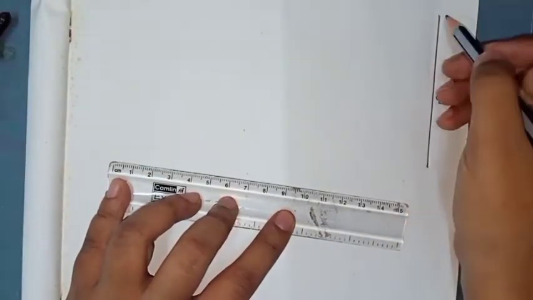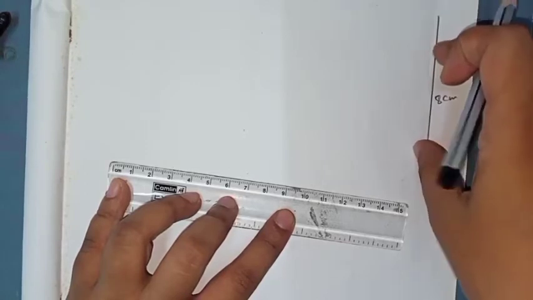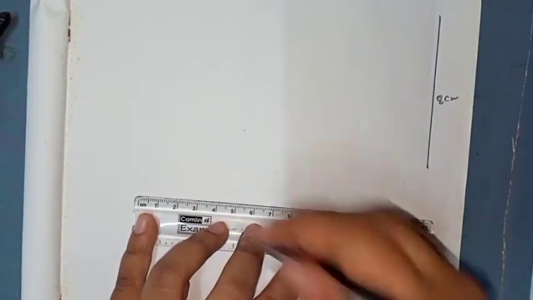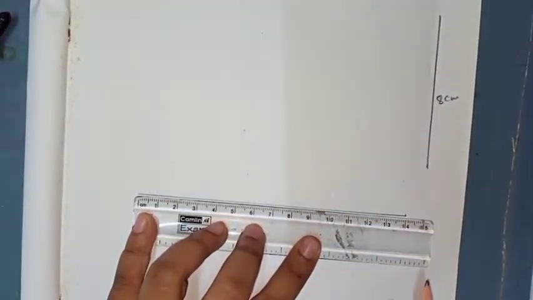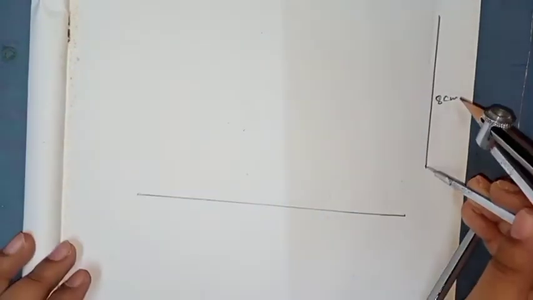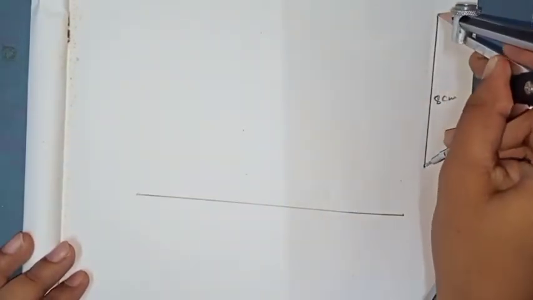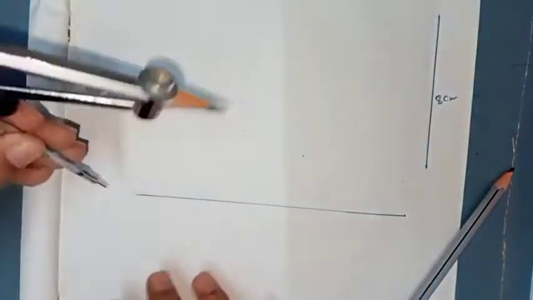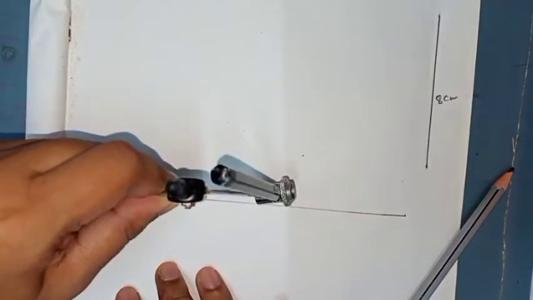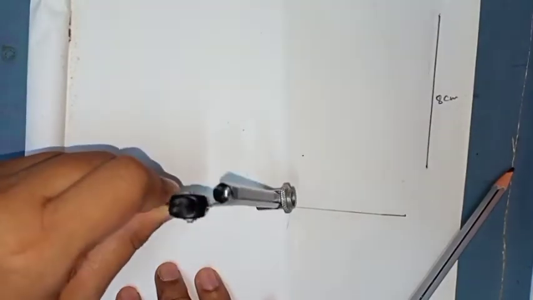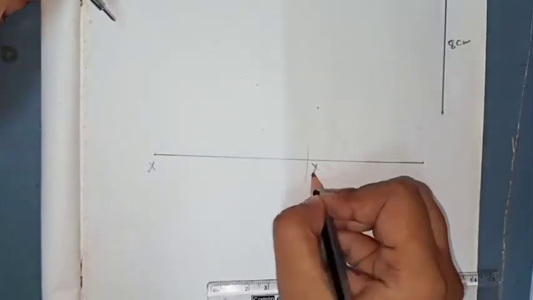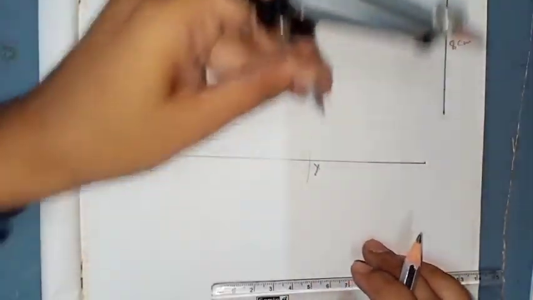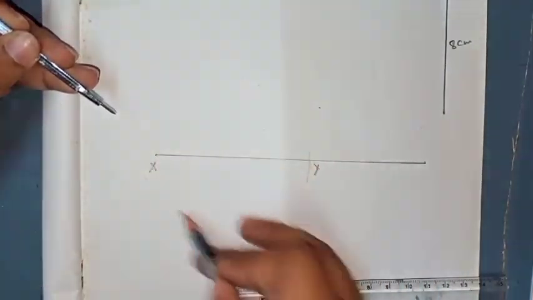Now class 9, first I am taking 8 cm measurement. Now you will draw one straight line. Okay, after this, taking this 8 cm measurement using your compass, you will keep your compass here and cut 8 cm. Okay, they are saying XY, giving names X and Y. Now they are saying that using this XY as a diameter, you have to draw one circle. Means you have to draw a circle like this.